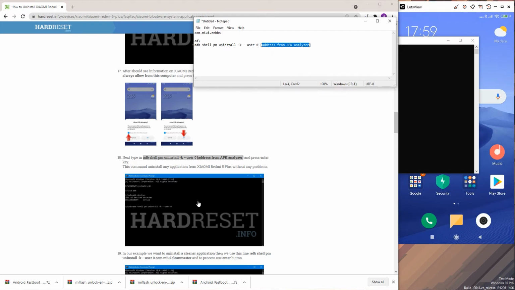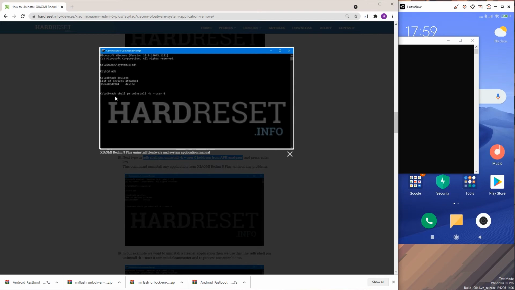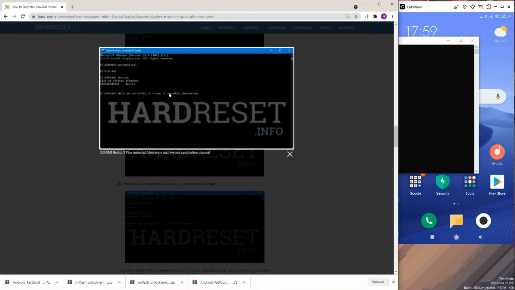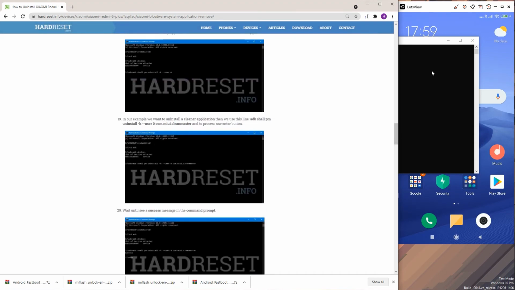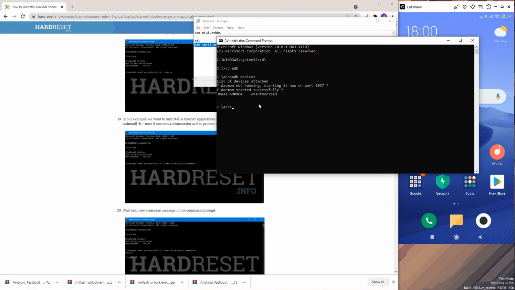remove this. Just I'm gonna make sure if this is supposed to be in a parenthesis or not. Okay, so it's not supposed to be in parentheses, which should have been mentioned. So let's go back to the notepad. Just select the entire thing, and there we go. So that's what we're looking for. Shell adb pm uninstall -k --user 0, and then the name of the application that you want to uninstall, or the code of it. From here we can copy this, move over to our command prompt, paste it in, enter,